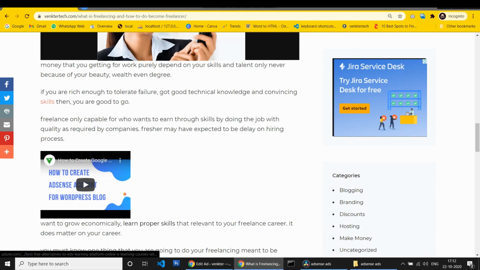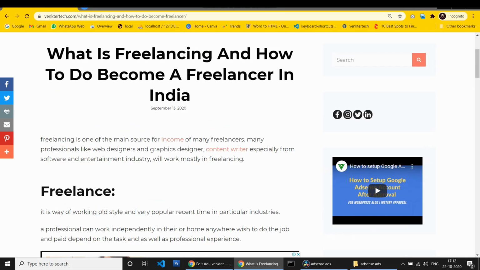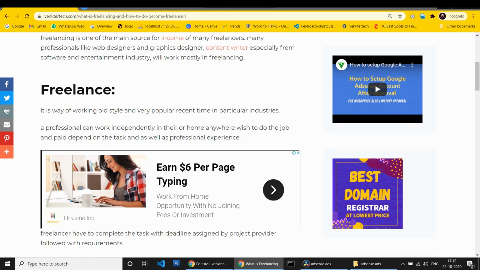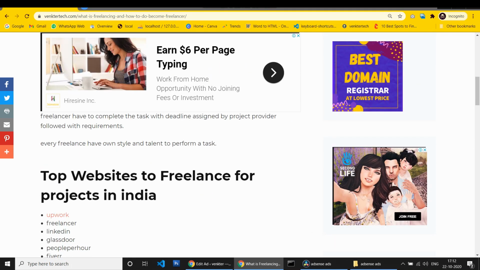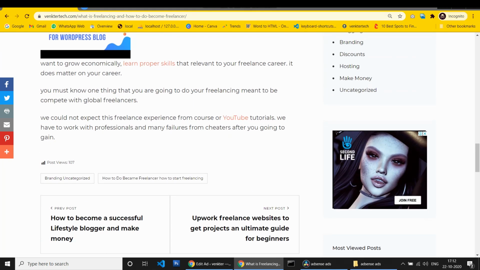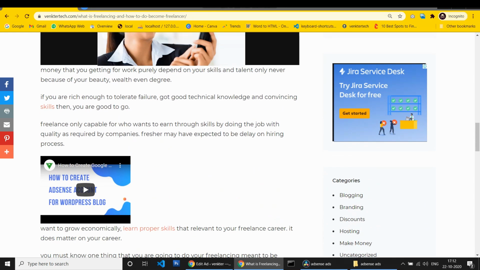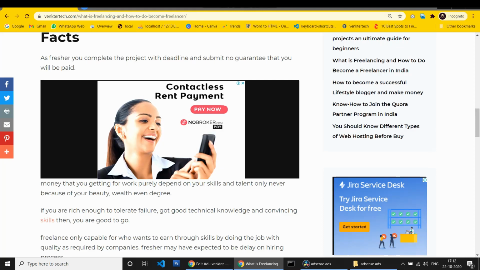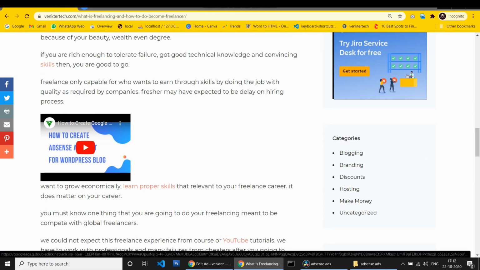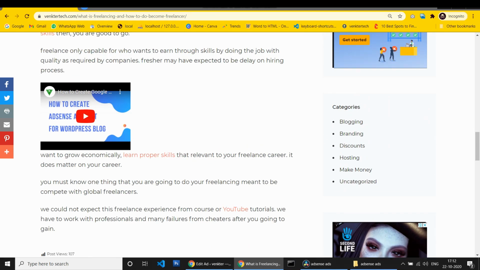I made a condition like this. From the top, after 3 paragraphs, one advertisement has to be displayed. From the bottom, after 5 paragraphs, one advertisement, that is an AdSense advertisement. After that, after 3 paragraphs, one YouTube ad.